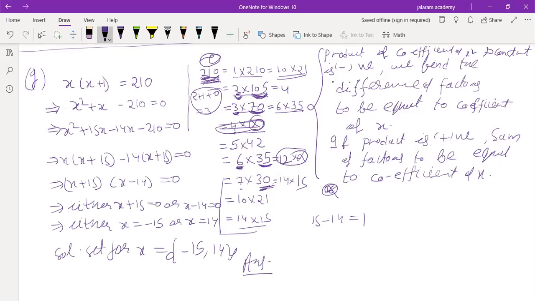Understood, everyone? Yes, sir. Any doubt? No, sir. So you have to find the factors with this method. When the question is smaller like this, we all know that 14 into 15 is 210. So we can solve it easily, directly also. But sometimes when